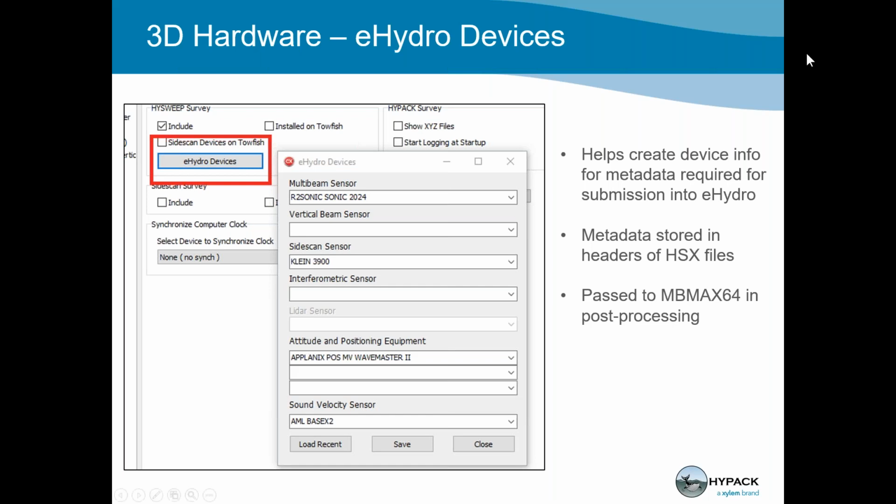And this eHydro button brings up this dialog, as you're seeing over here, where you just enter the devices that you're using for this survey. So you've got your multibeam sensors. If you're doing single beam, you've got vertical beam sensor, side scan, your attitude and positioning equipment, sound velocity, and so on. And all this information gets saved to